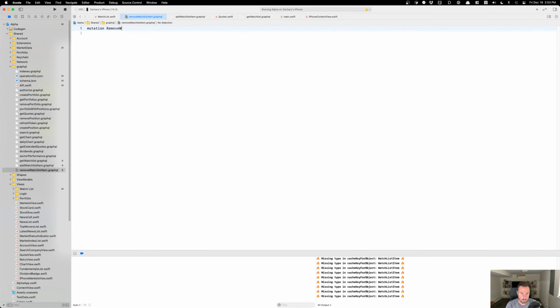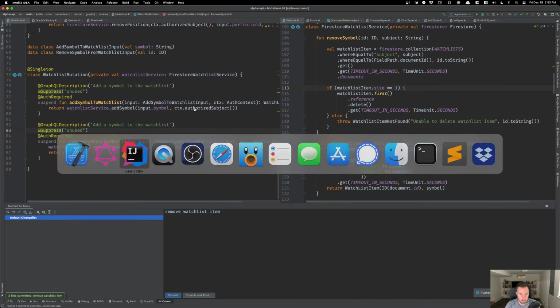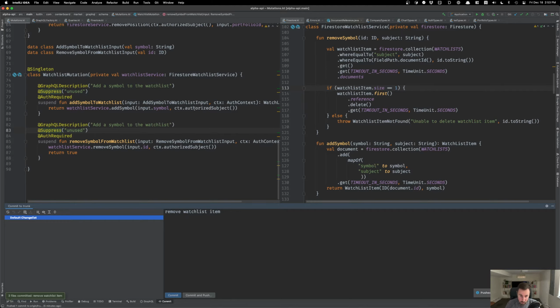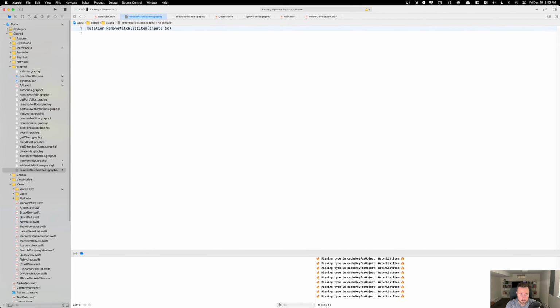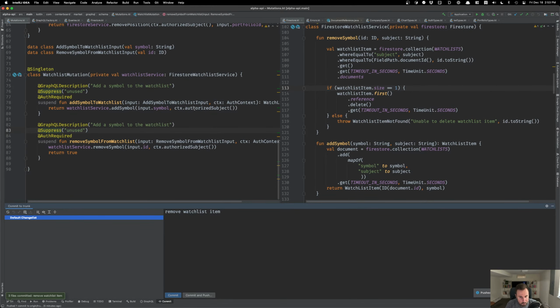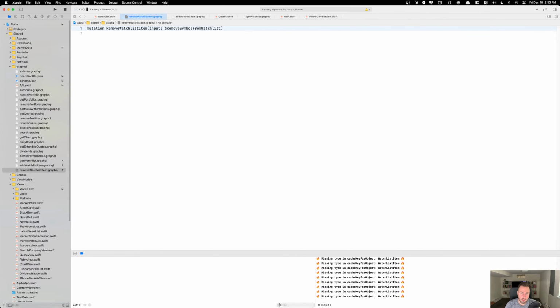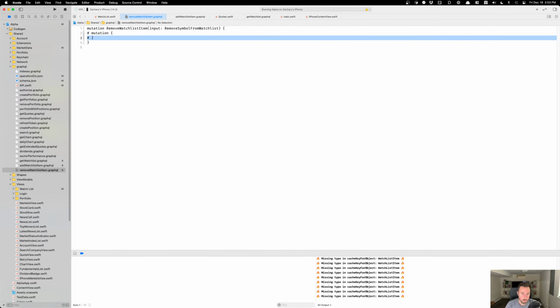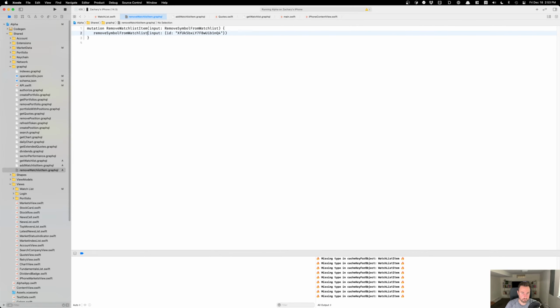Mutation, remove watch list item, input $, and I always mess this up. Remove symbol from watch list item. Remove symbol from watch list. This is the object, and then we just want this piece,